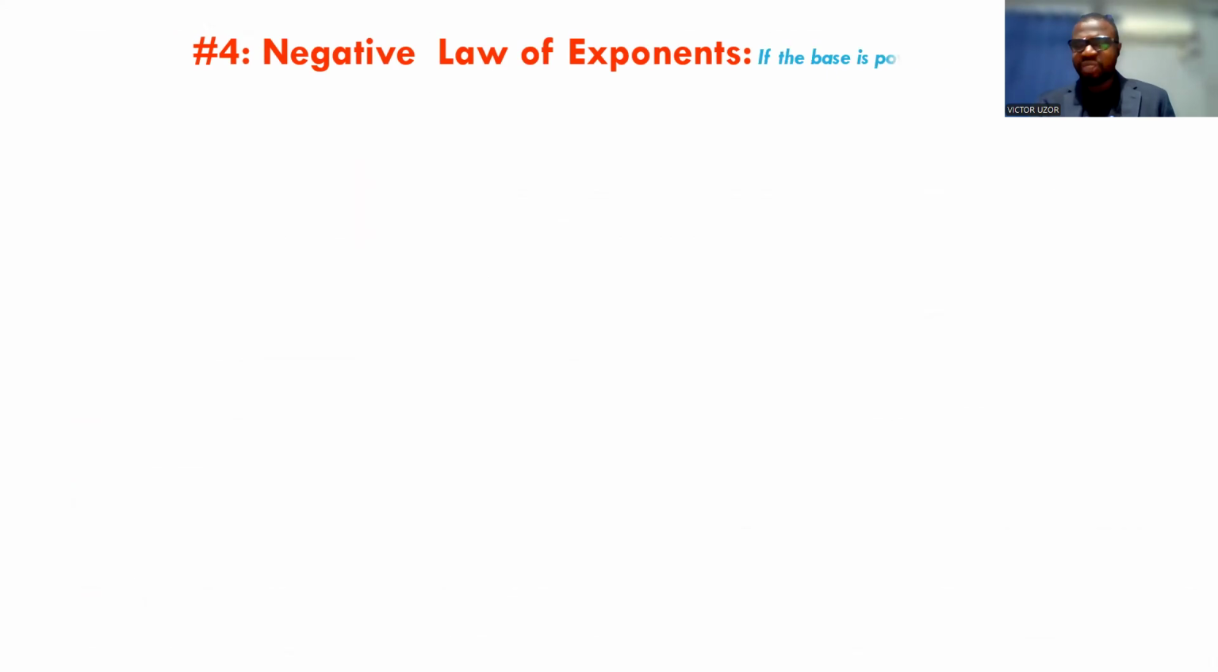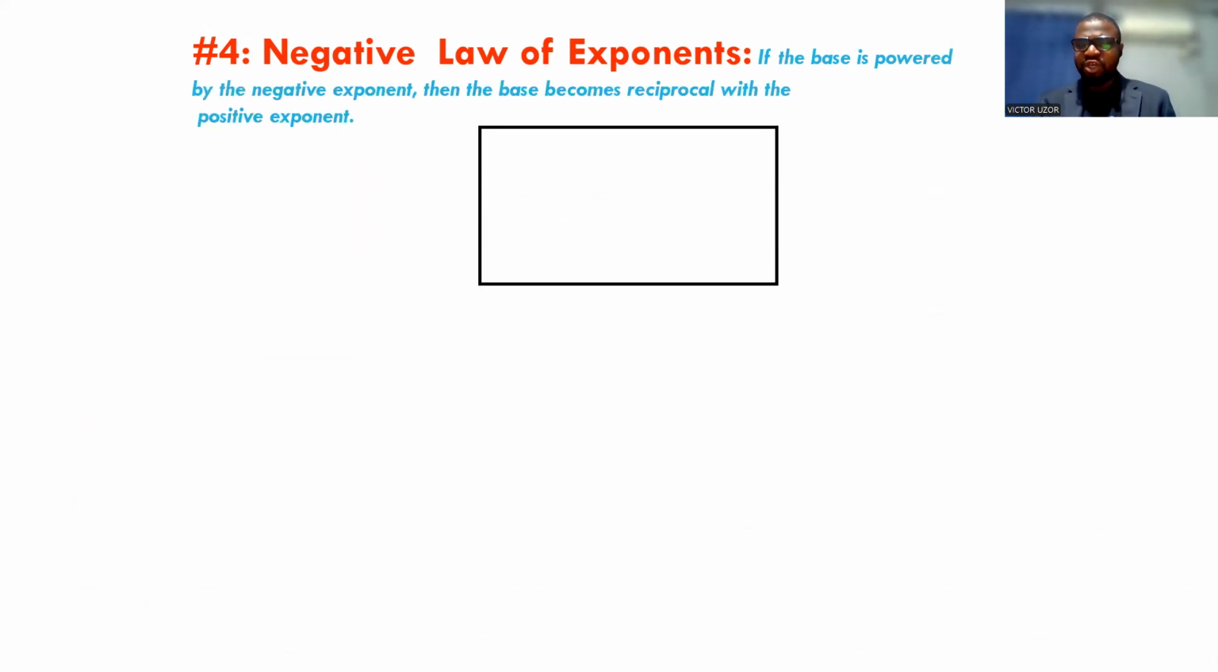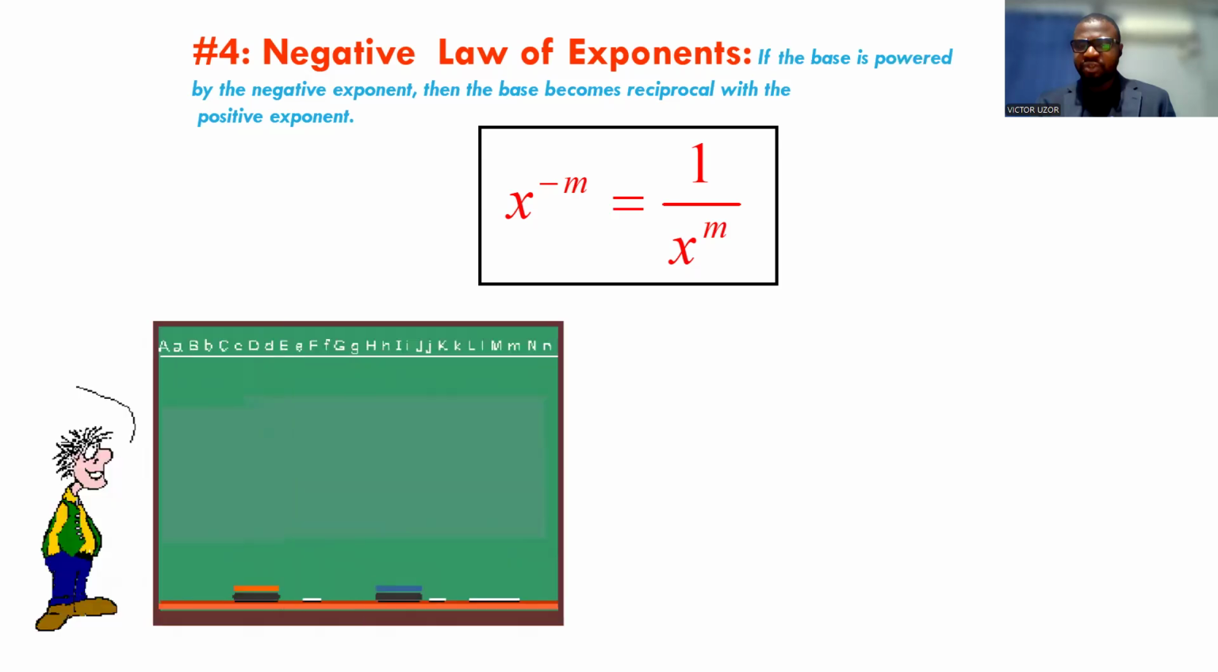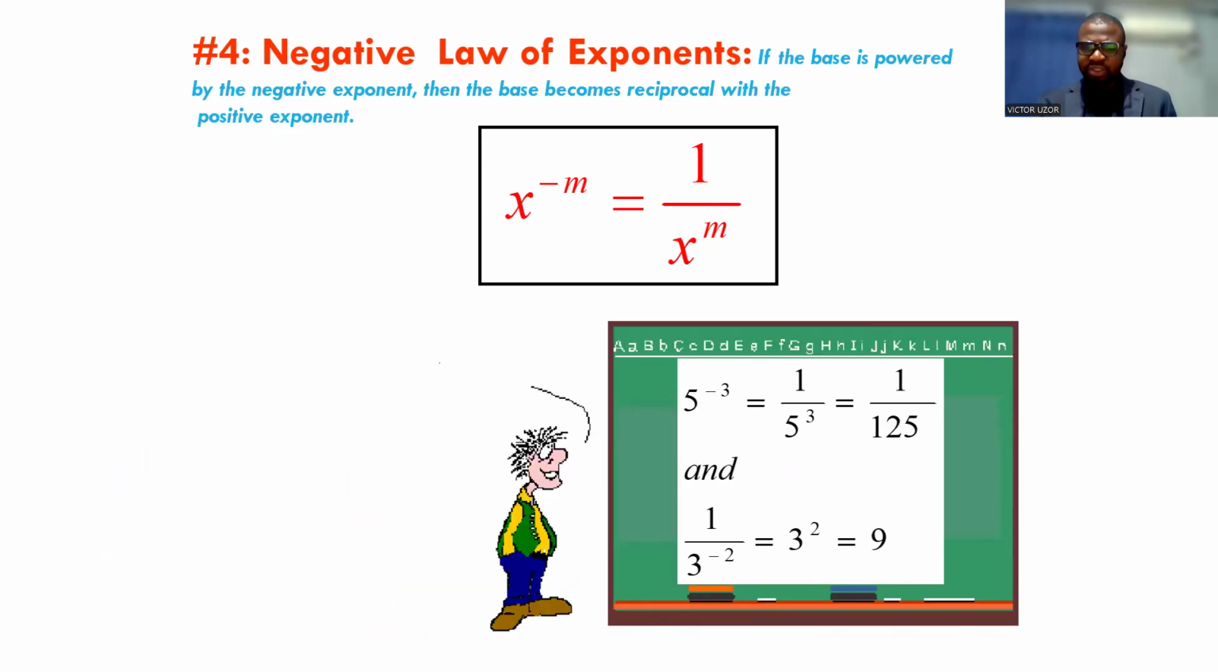So another law we are going to be talking about is the negative law of exponents. That means when the power has a negative, it means 1 over that particular thing. It means that this is the inverse. We're talking about the inverse of this. I'm not talking about this, I'm talking about the inverse of it. So this 5 raised to the power negative 3 is going to be 1 over 5 raised to the power 3,